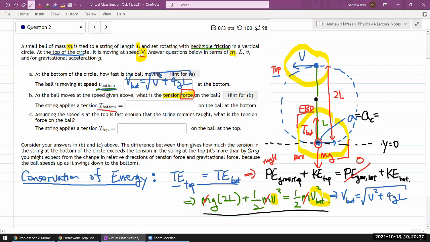It'll be the speed at the bottom, that would be velocity at the bottom, squared divided by the radius of the circle, or in this case L. So we are going to be using this as we write down our Newton's law strategy expressions. So I've done standard strategy. Step number 1, draw free body diagram. So I thought about acceleration, but step number 2 is specifically